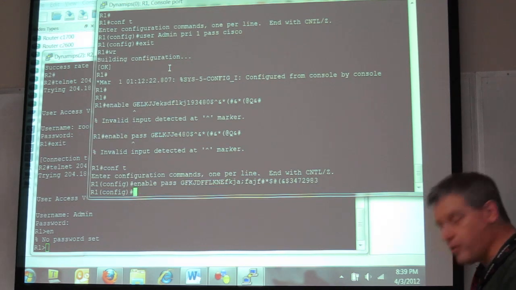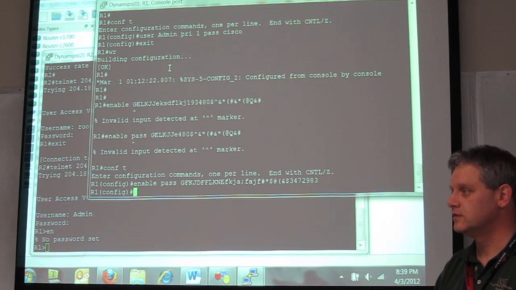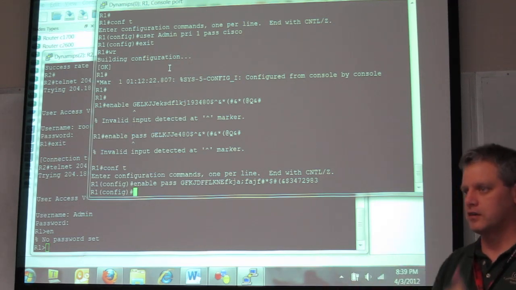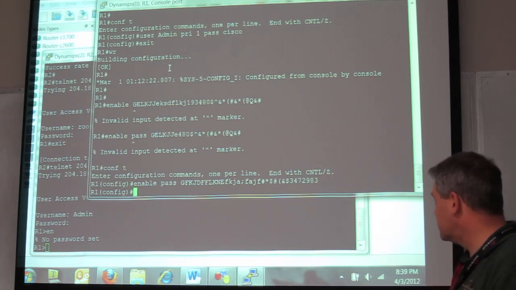That's one hell of a password. Right? I wrote it down, put it on a post-it note, stuck it on my monitor. I'm good, right? Cool. Now,